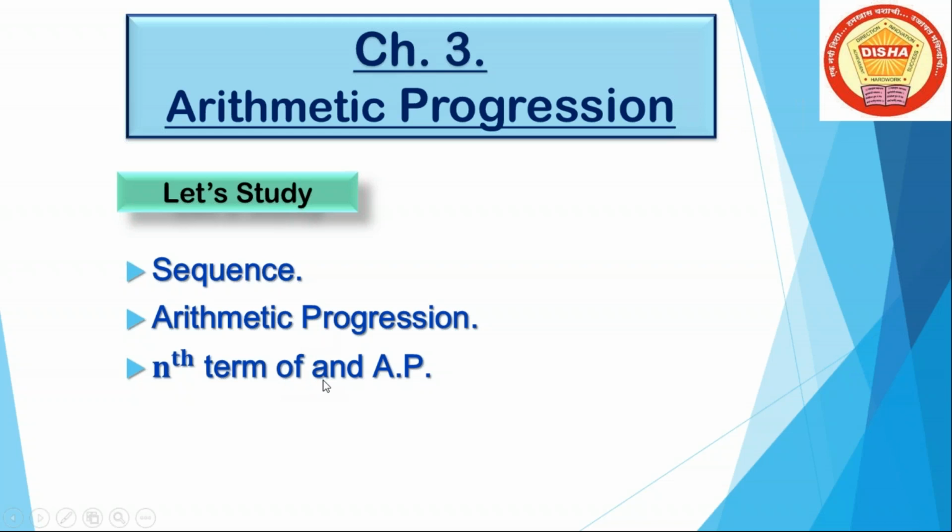Okay, and later on the next part, that is the sum of n terms of an AP. It means one sequence is given, or for example, I save some of my money in the post office. For example, I save 2000 rupees every month. Then what is the saving amount after 3 years?